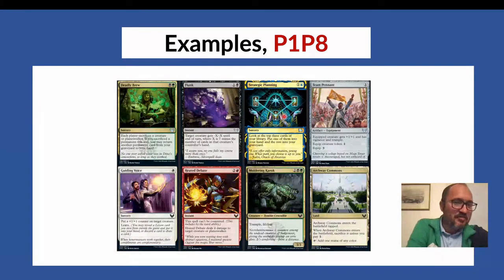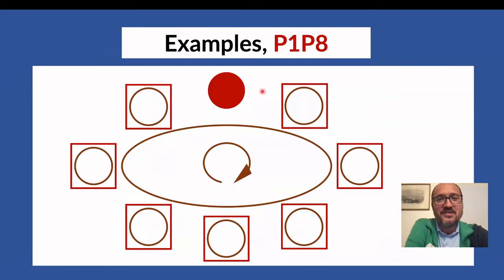So this is the same pack, but I just trimmed 2 cards very cheekily. And this is an example from pick 1, pack 8. Now, I on purpose left the Flank and Heated Debate. This is a very rare situation that you will get them so late. But basically at pick 1, pack 8, you have information from all the players on the table. And you have quite strong information from at least 5 of them. And you still see a Heated Debate and you still see a Flank, which means it's a really strong signal